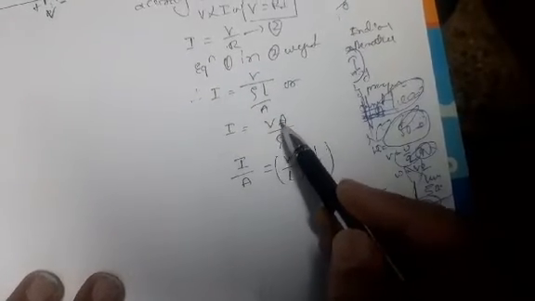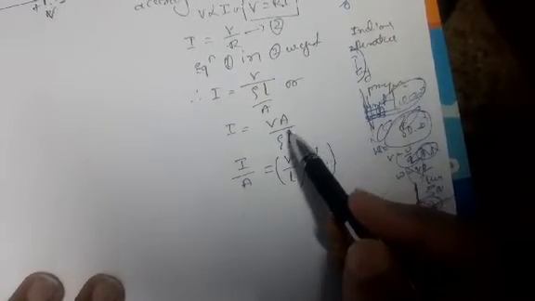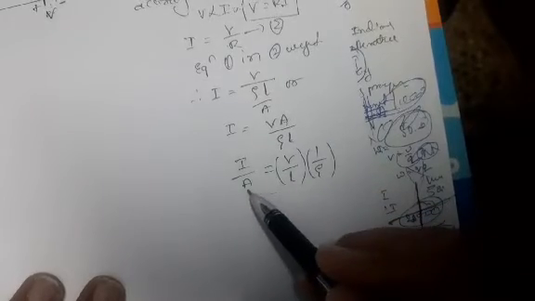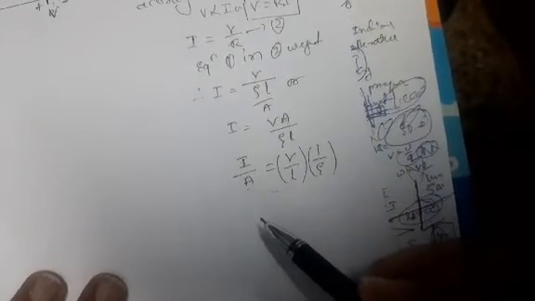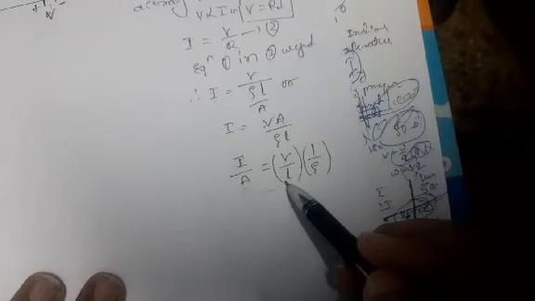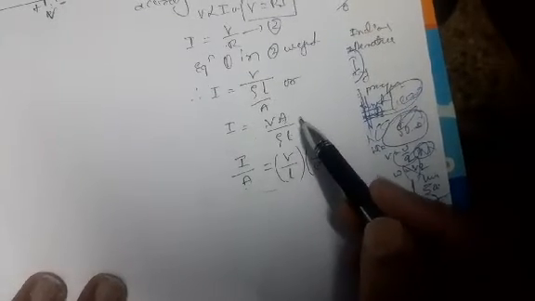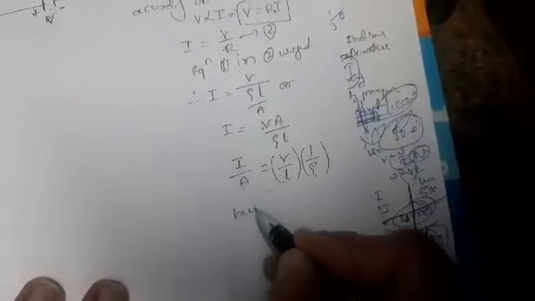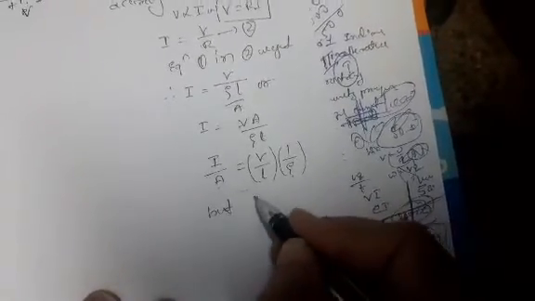The capital A, the area of cross section, is a product term. It is shifted to the left side. That is the reciprocal of the area. I by A is called one term. The reciprocal of resistivity is called one term. But the current per unit area is called current density.